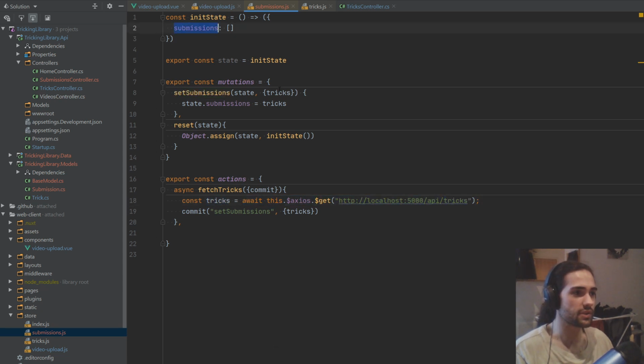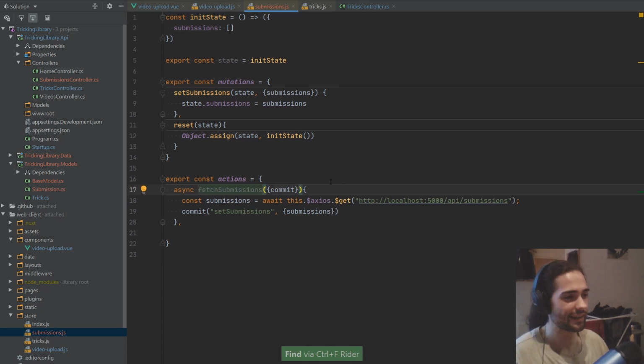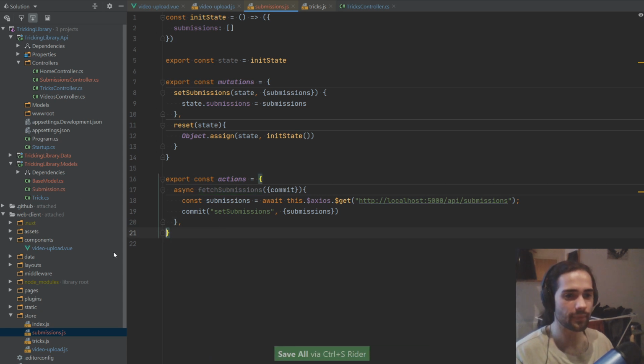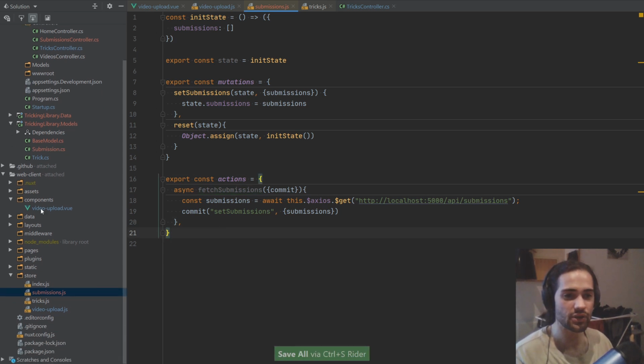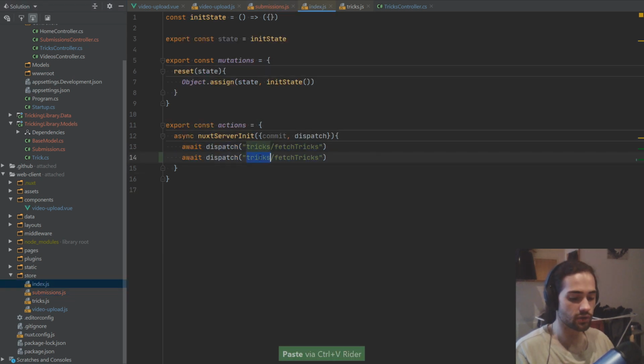Instead here it will be submissions, and again this is submissions, submissions, submissions, and the last thing is the fetch. So let's go ahead and replace the tricks here. Let's just make sure we don't have tricks anywhere in here hiding. So once we have the tricks, let's go submissions, let's go ahead into our index.js, and we will dispatch